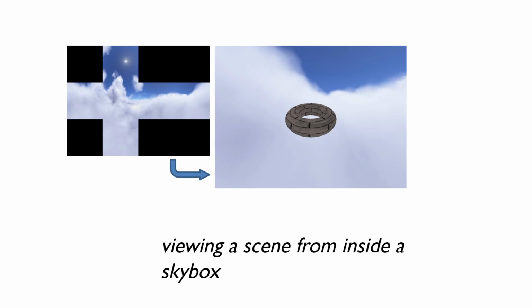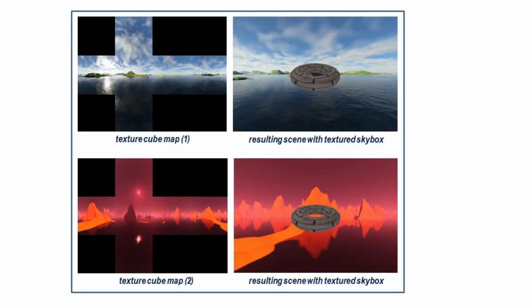Okay. So here's a simple scene. The idea is, of course, we render from a perspective that gives us a background, and then we render everything that would be in the scene in front of that skybox, right? So in this case, we'd have the brick donut, right? Really easy to substitute different things in the background, right?